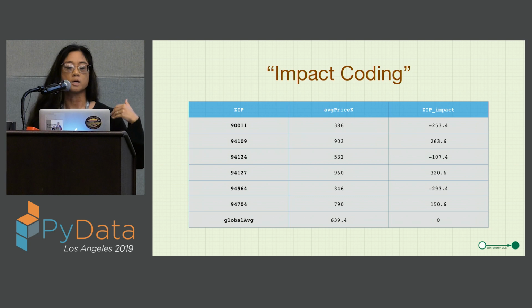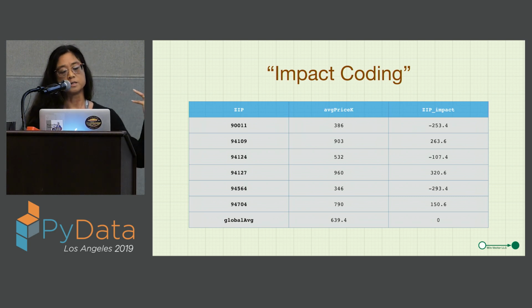So basically, if you've turned these zip codes into a numerical value, and the value is negative, that means that zip code has an average home price that's lower than the global average. So you can think of it as that zip code having a negative impact on home price.